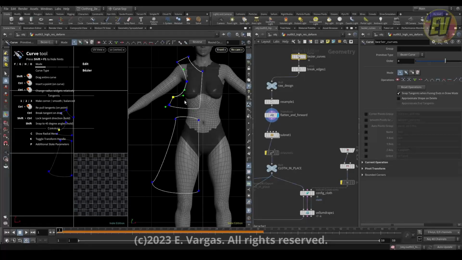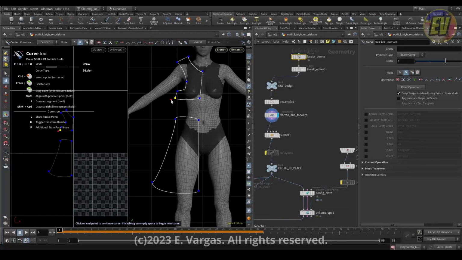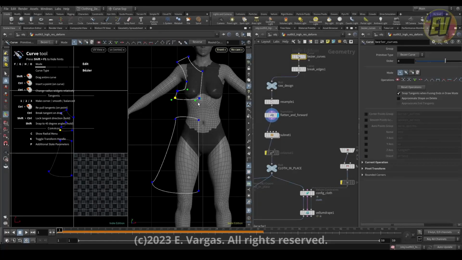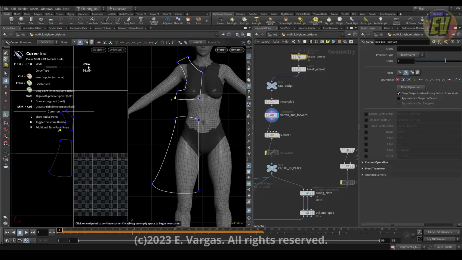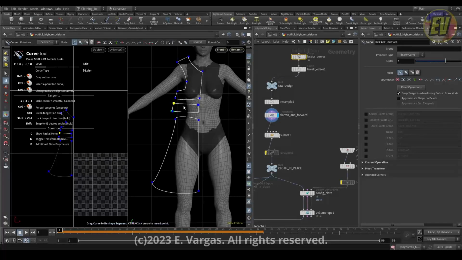We can select the points, we can move the points here, everything works fine. We can change the mode here. If we type F or G on the keyboard, we can draw with the G, we can edit with the F. So I'm typing G to draw, and I will draw something here, for example this kind of line. Now I can type F and I come here to edit and I can change, and so. But here is the line, and now I click escape,